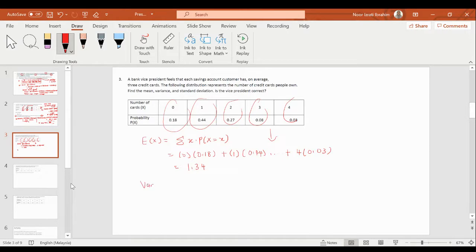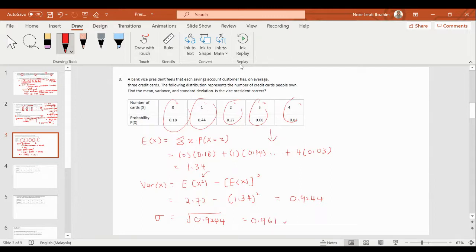To find the variance, it will be E of x squared minus E of x squared. Then here you have to find first E of x squared. How to find E of x squared? You have to square first each of the x and then you multiply with probability. You should get here 2.72 minus 1.34 squared. The variance value is 0.9244. And to get the standard deviation, always square root of variance, square root of 0.9244 is